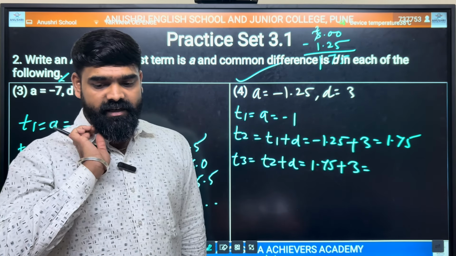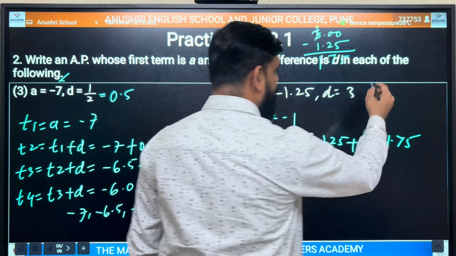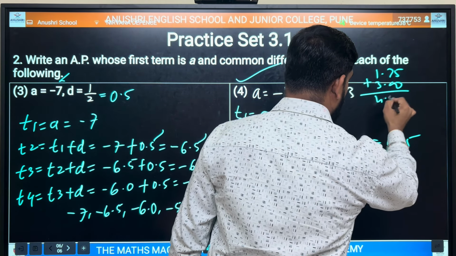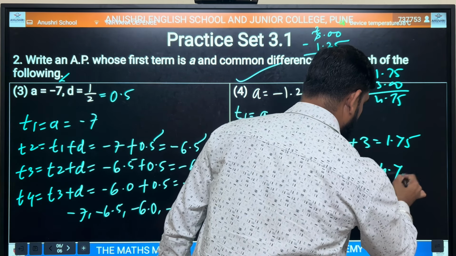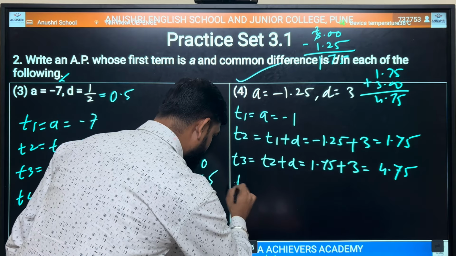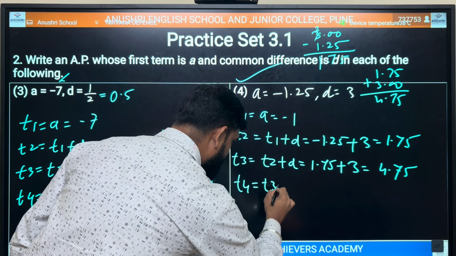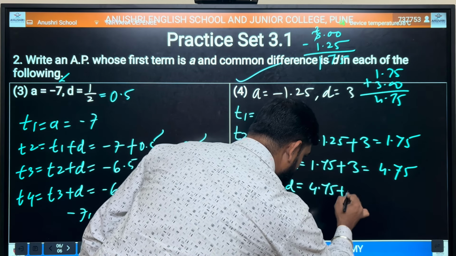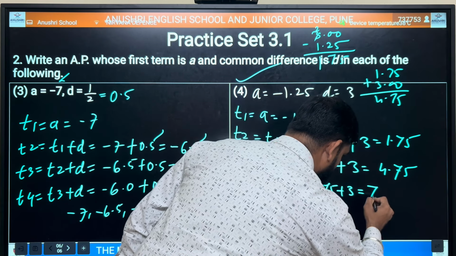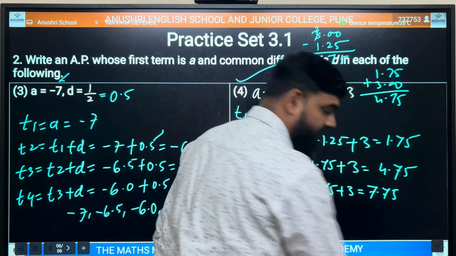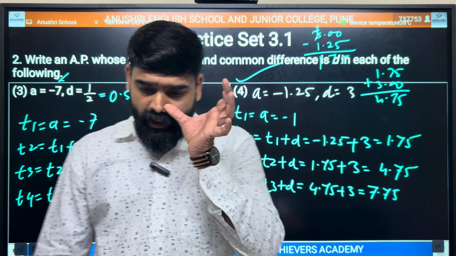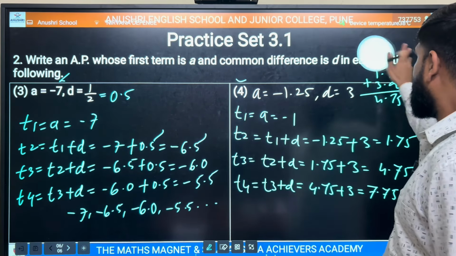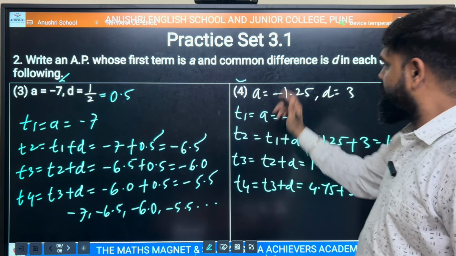1.75 plus 3. How much is it? 4.75. So 4.75, and let us find the fourth term. T3 plus D will be 4.75 plus 3. That will be 7 point how much? 7.5. So we got an AP here, which we can write as